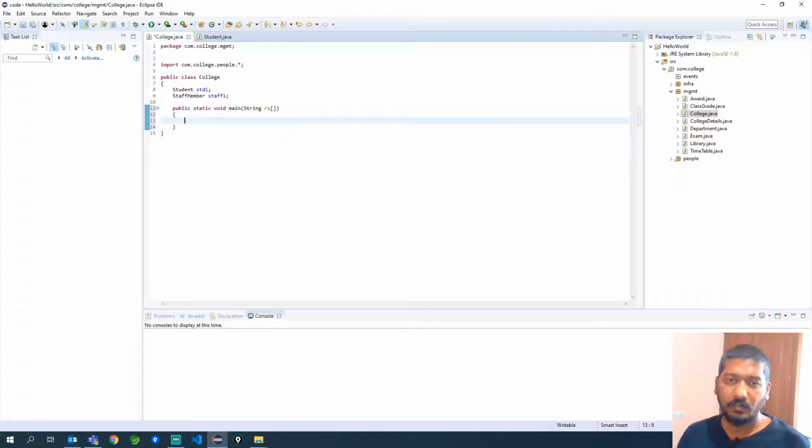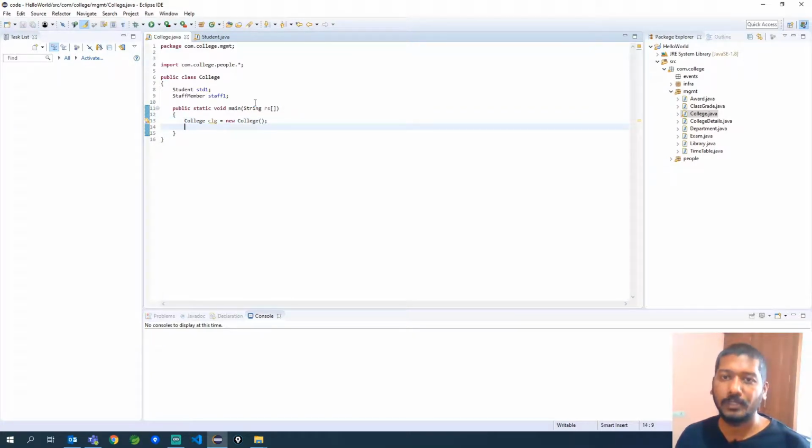As we did for other classes like staff member and student, we can also create an object for college in this particular method. Now I have created an object for college, and we will see if we can access the object std1 for student, or the object staff1 of staff member. Then we will create new objects for those data members also.